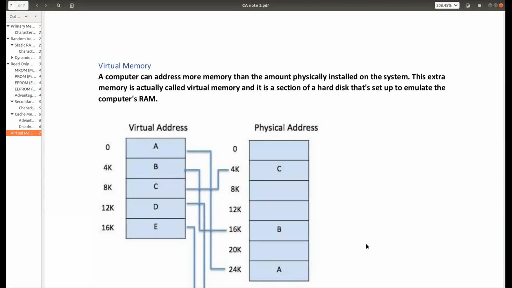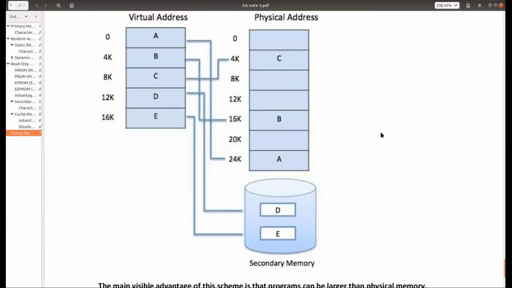So why is it virtual memory? Why is the term virtual? Virtual means it is there but it is not there. That's the meaning of virtual. It is a memory, we are calling it a RAM, but it is not there in the RAM. It is basically in the hard disk. That's why it is virtual RAM, that's why it is virtual memory. So that is all you need to know about virtual memory.